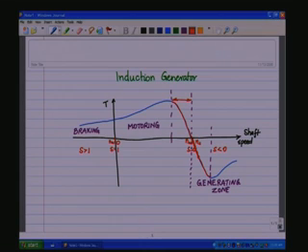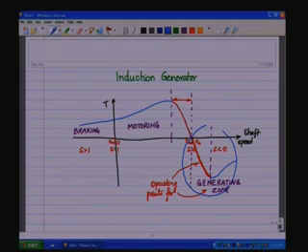This is the operating point that we would like to choose for the generator. Operating points for generating zone. So now we will focus our attention on this portion of the torque speed curve,